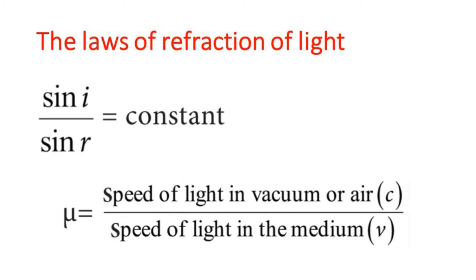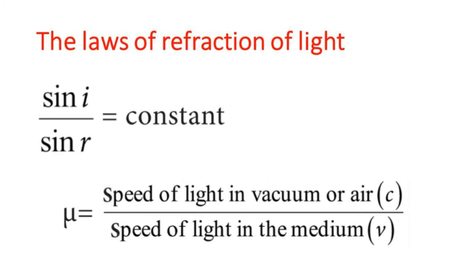Okay, so if i is the angle of incidence, r is the angle of refraction, how can you write the formula? Sin i divided by sin r is equal to constant. So this constant is called the refractive index of second medium with respect to the first medium. So it may be a what? Water, air. It may be a glass or air. It is generally represented by the Greek letter mu, 1 mu 2, that is sin i divided by sin r is equal to constant. Mu is the refractive index.